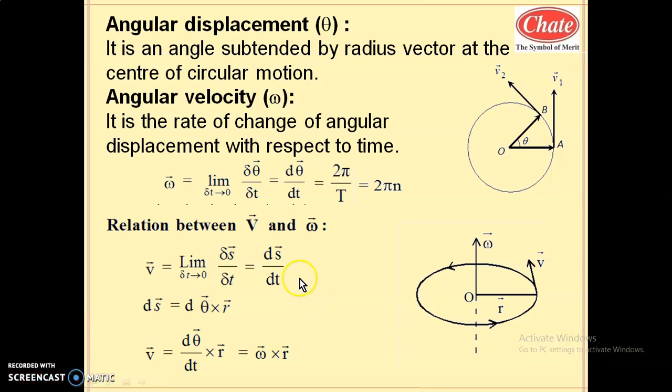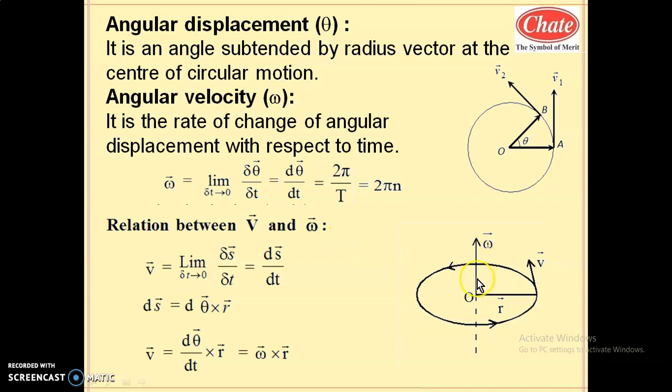Let us start the next part of circular motion: the relation between linear velocity and angular velocity in rotational motion or rotational dynamics. So what is the relation between v and omega? Students, as you have studied the right hand thumb rule in the effects of electric current in class 10, the thumb denotes the direction of current and the curled fingers of the right hand denote the direction of the magnetic field. This rule is called the right hand thumb rule.